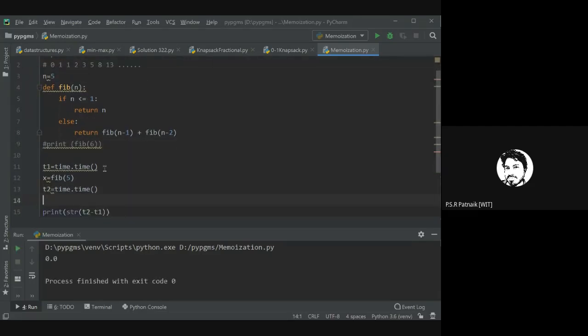Okay. So now if I execute this, it's almost 0.0, right? If I take it from 5 to say 10, still 0, right? And from 10, if I make it to 50, and if I execute this, I'm calculating Fibonacci of the 50th number in the Fibonacci series. It's taking too much time. You can still see that it is still executing for 50.